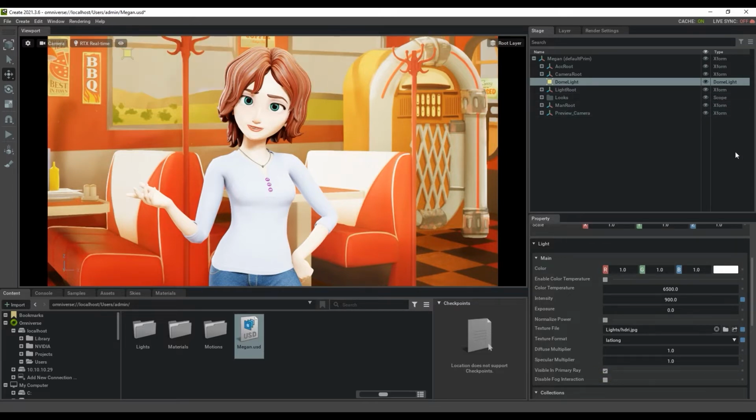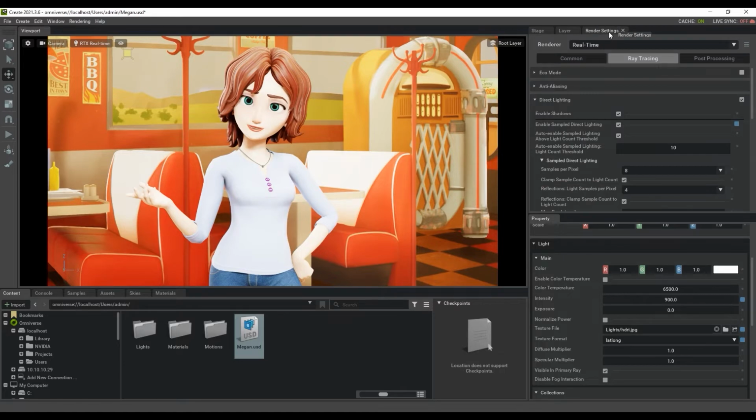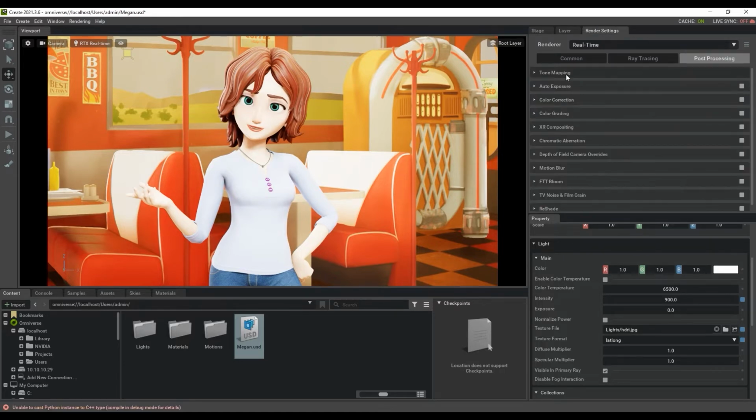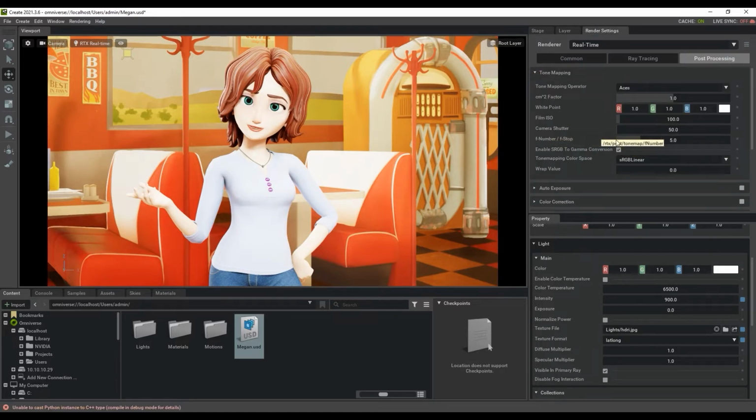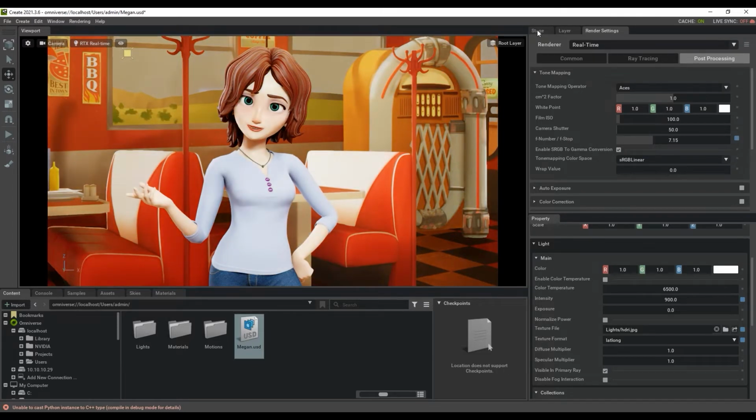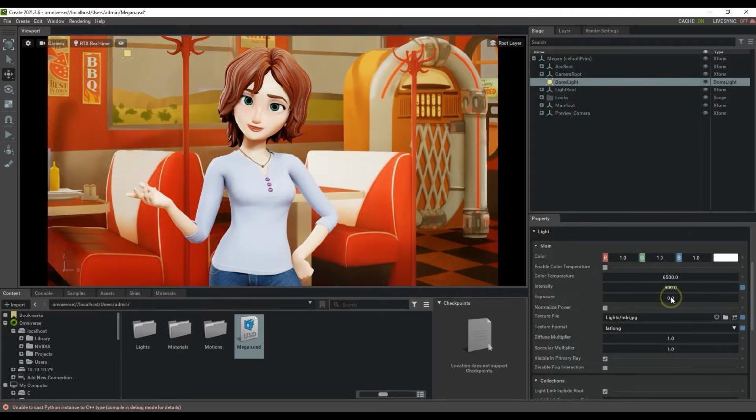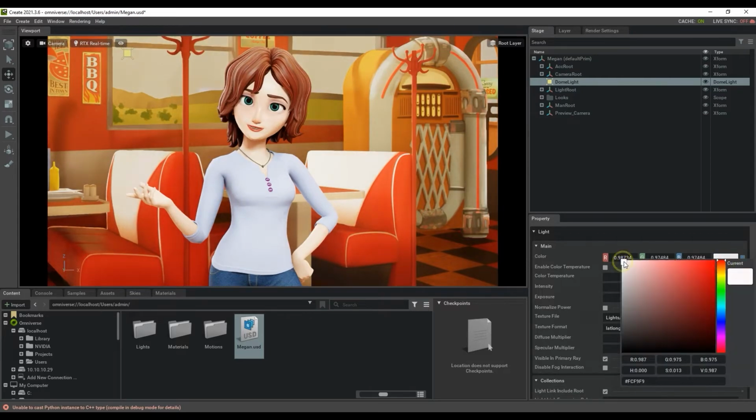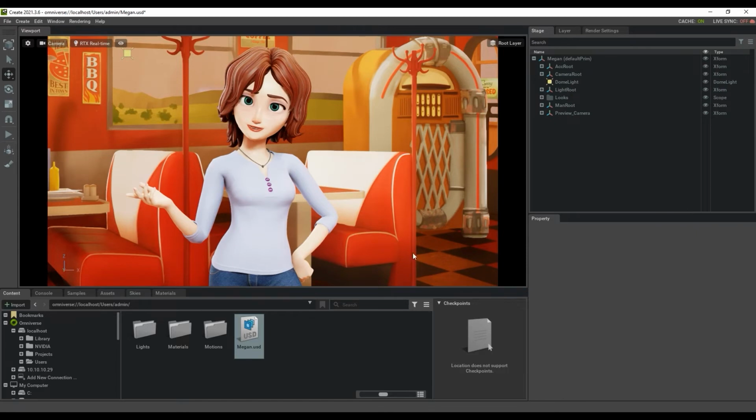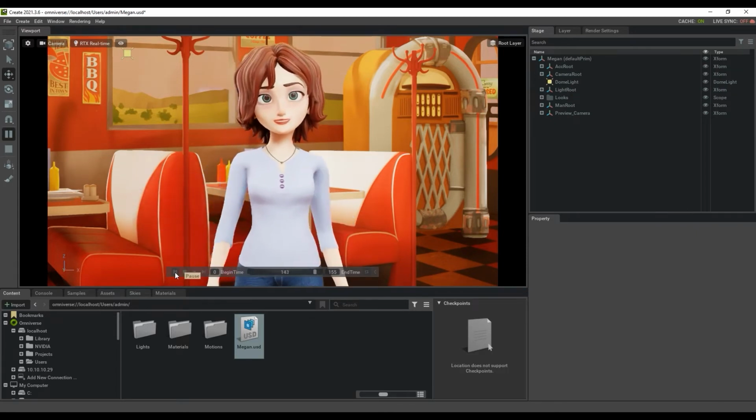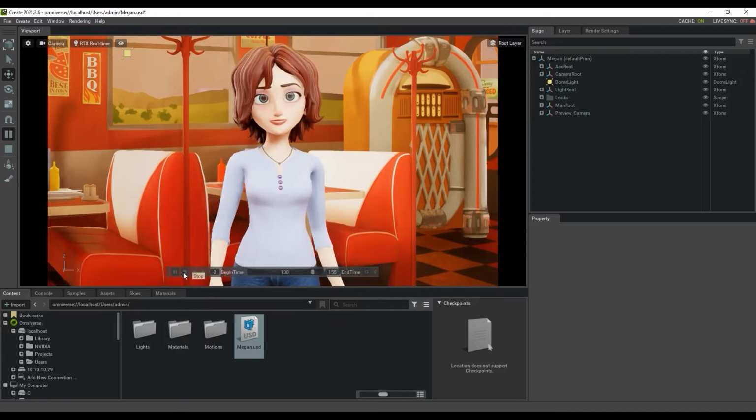Then in Render Settings, under Post-Processing, we can proceed to adjust the brightness of the entire project using the f-stop value. We can also adjust the exposure and color of the main section of our dome light. Once we're done that, we can play back to view the project. As you can see, it's quite simple and easy to get your iClone projects completely set up in Omniverse in